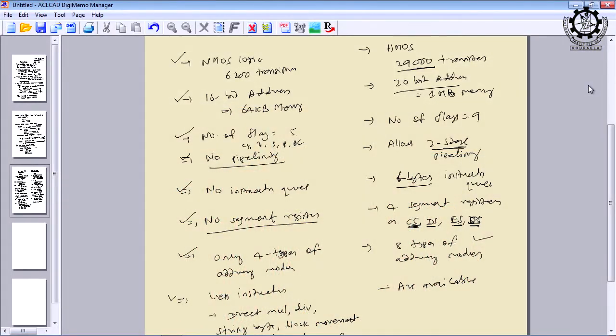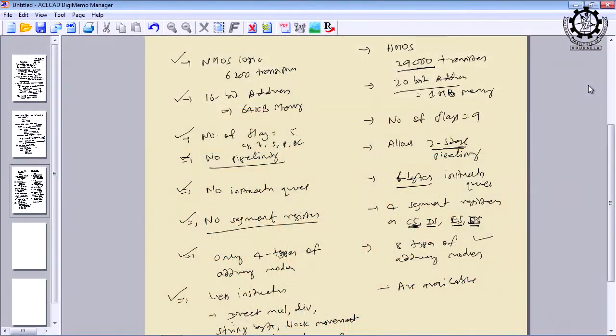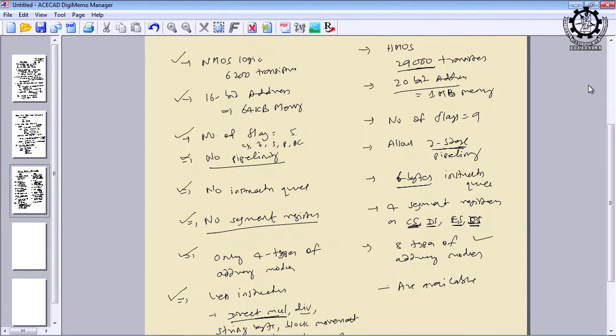And the number of instructions in 8085 is less. So, which instructions are missing? We do not have any instruction which can multiply directly. There is no direct instruction mult. For multiplication, you are doing successive addition in 8085, and for division you are doing successive subtraction, and there is